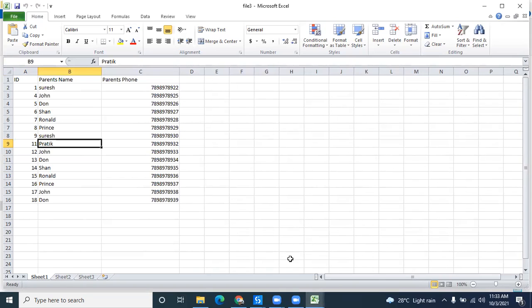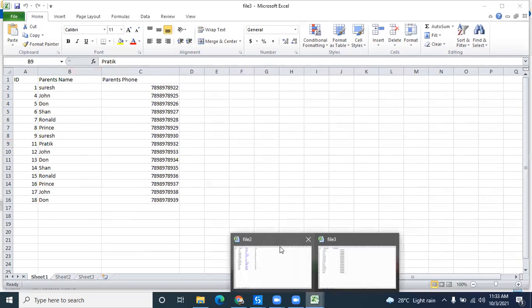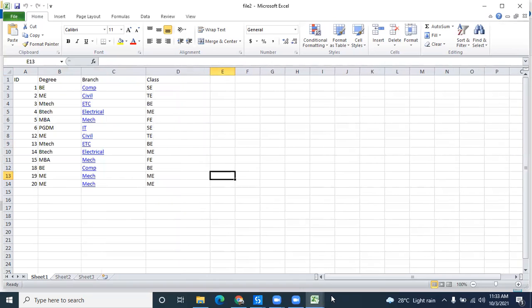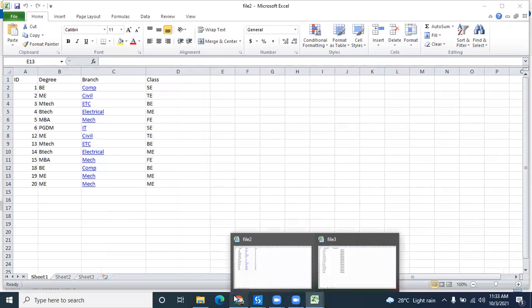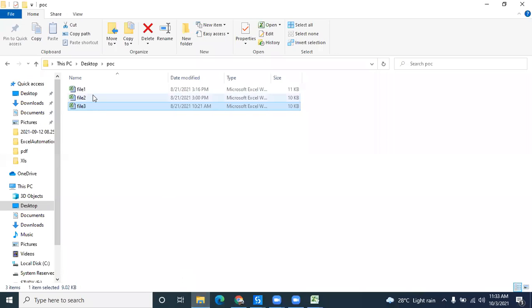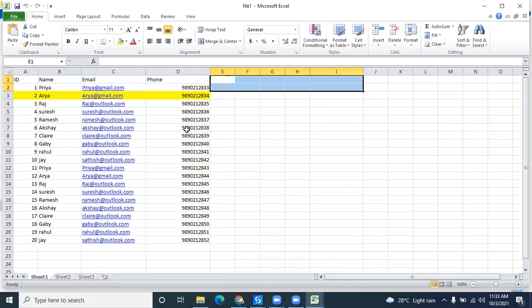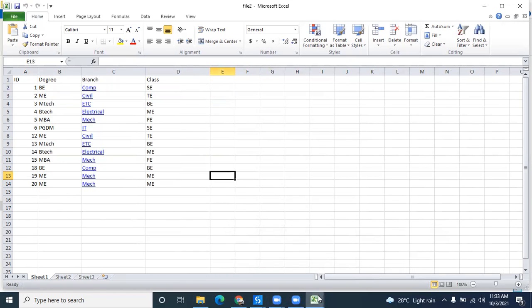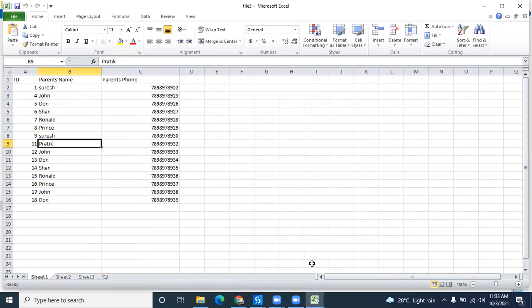Have you gone through this Excel file? Please go through it carefully. I'm asking questions on the basis of this one. So this is the first file. This is the second one. And this is the third one. Tell me what is the column common in all these three files.